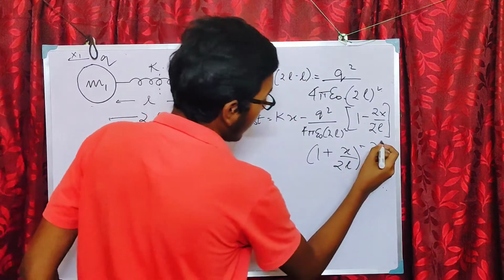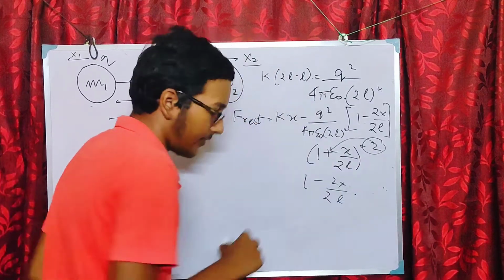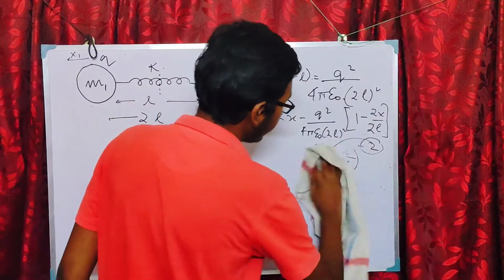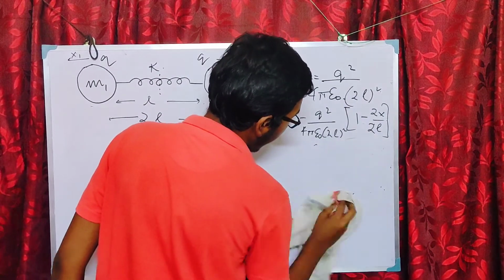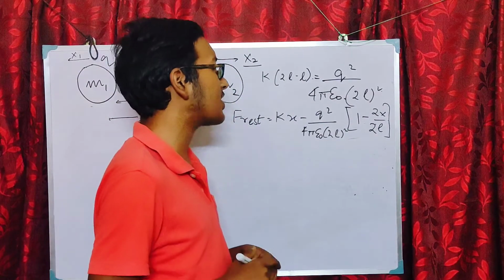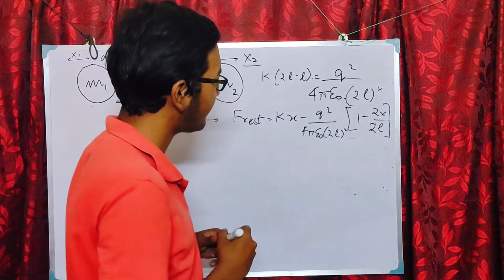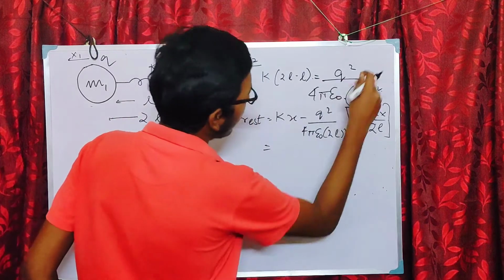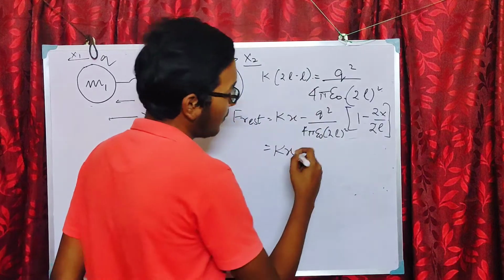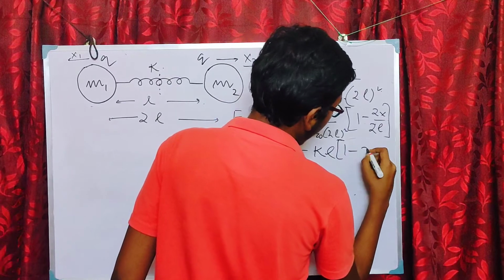What do we do in binomial? We just bring it here, because that is the first expression of the binomial expansion, so we just simplify it. And see that 16 pi epsilon naught L square is just this term. So to understand it, I have written it like this. We can substitute this whole thing right here. See, this is the beauty of the problem. You can directly substitute it as KL into 1 minus x by L.